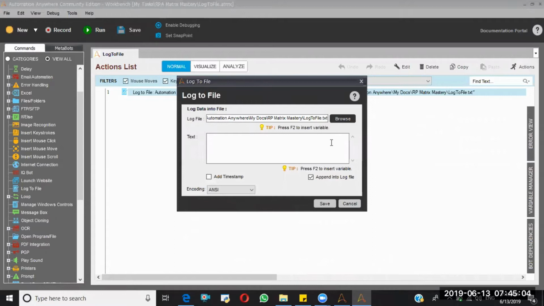If the file is already there, it will simply write the data in that file. That's the difference. Earlier that file was not there, so the bot created that particular file and wrote whatever data it wanted. Now the file is already there, so I want to append the data to the existing data.